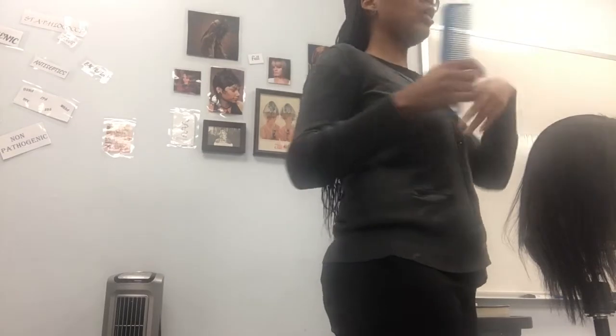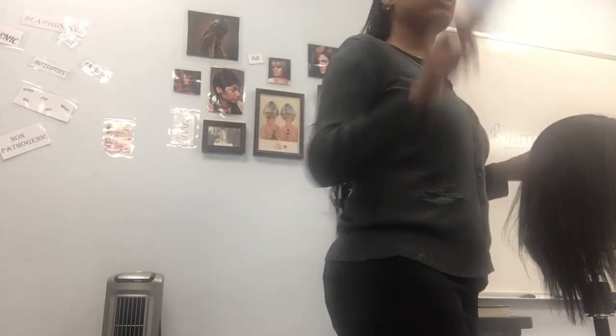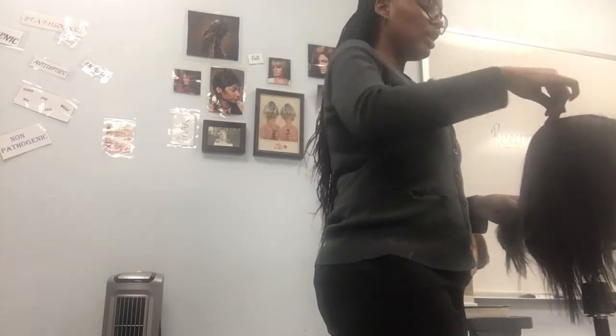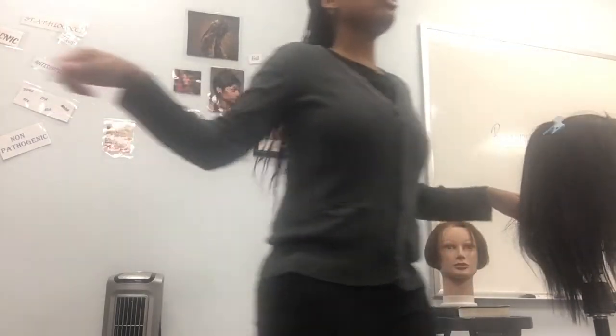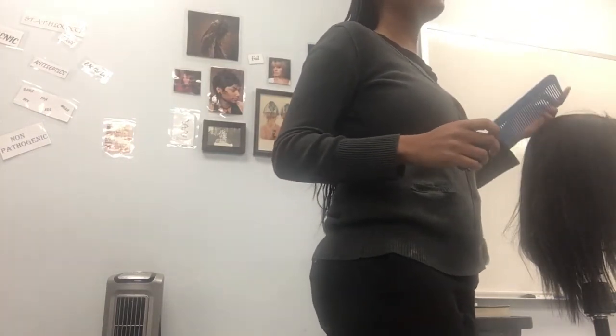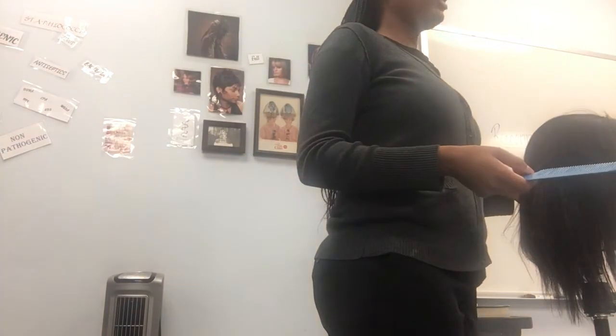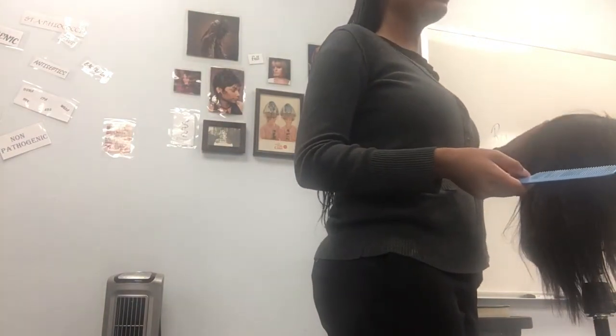It didn't matter if her client was all the way blow dried and she saw even a flake. She was like, no, and she would have a comb just like this, and she's like, no, you can take her back to the bowl. And after getting sent back so many times, I perfected my shampooing skills because, one, that affects my tip with her client, because usually her clients will tip me at the bowl. So if they feel like she's not washing my hair correctly, or we shouldn't say wash, we say shampoo,